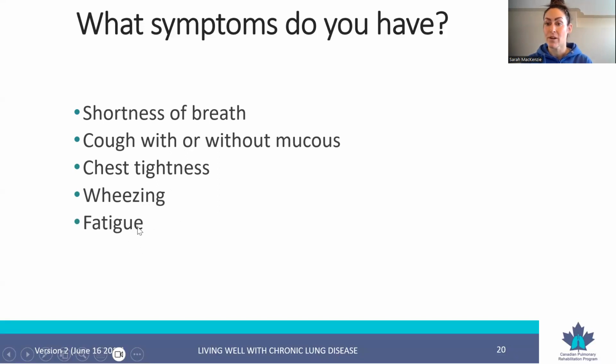Fatigue. So what are your normal energy levels? What are you typically able to get done in a day? And anxiety. So we'll talk about in a coming presentation the importance of recognizing that anxiety and our breathing are very closely linked. Okay, so if you're working through a binder, in section 3 of your binder, there's a sheet